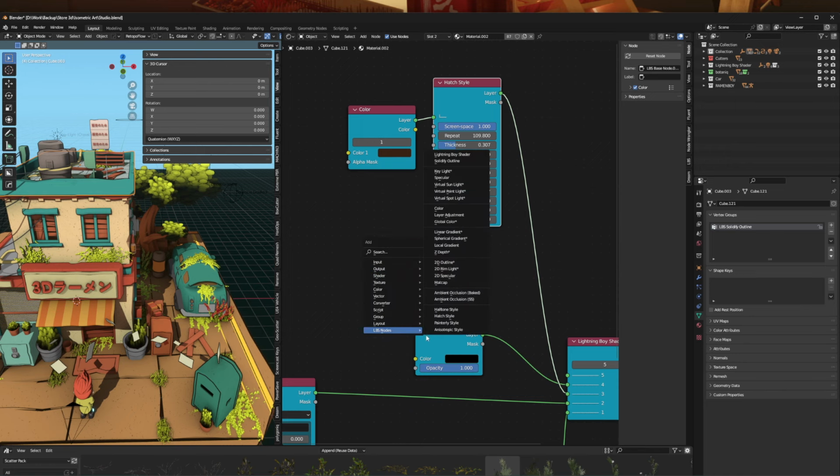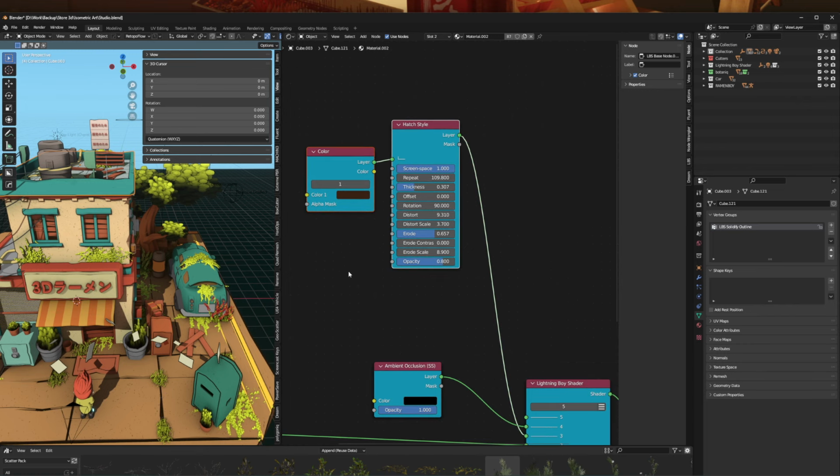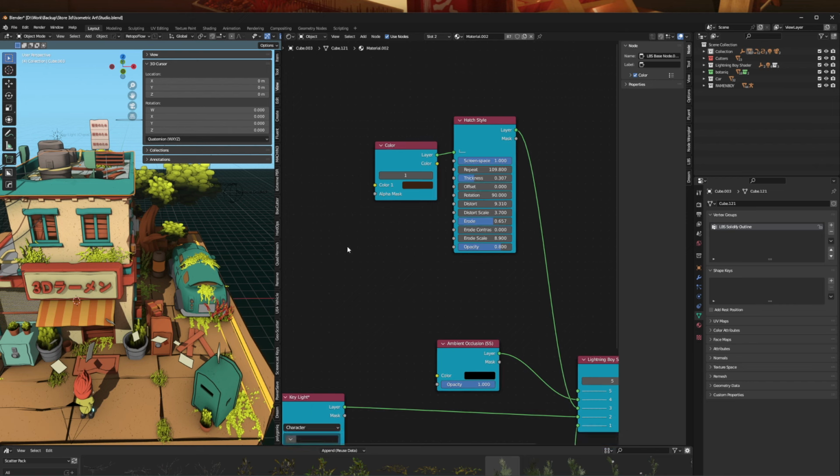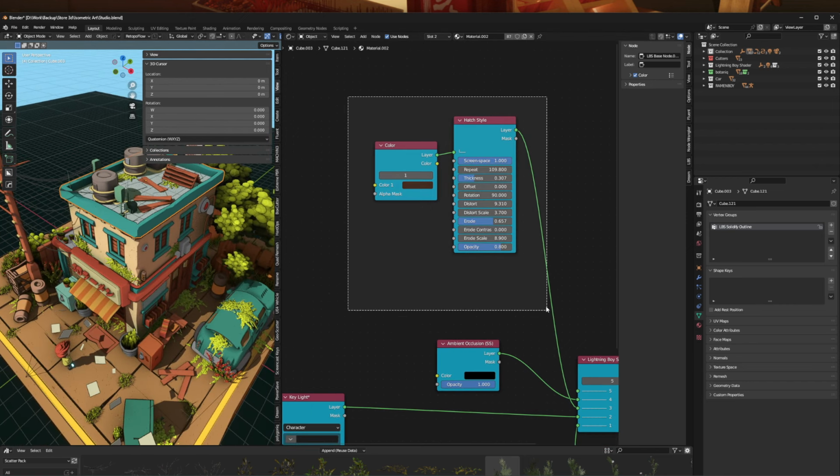So as you can see here, this is the Lighting Boy shader, and there's a lot of things you can do here. So I'm not going to talk about that in this video. If you want, you can just search Lighting Boy shader on YouTube. There's a lot of tutorials on how to use their add-on, but for this one, I haven't seen this feature. I'm not sure. I didn't check out their tutorial that much, but I just bought the add-on, and